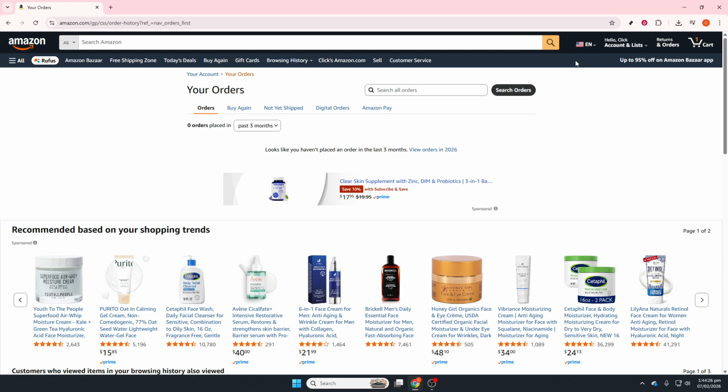And that's all there is to it. By signing in, opening your orders from Accounts and Lists, and using the time filters, past 3 months, this year, previous years, and archived orders, you can quickly